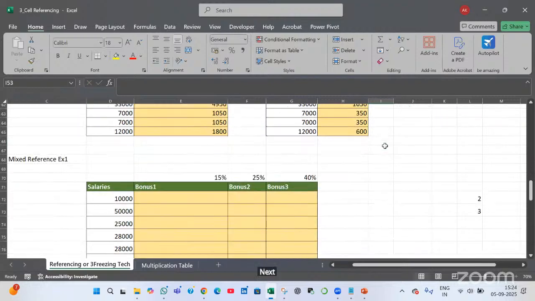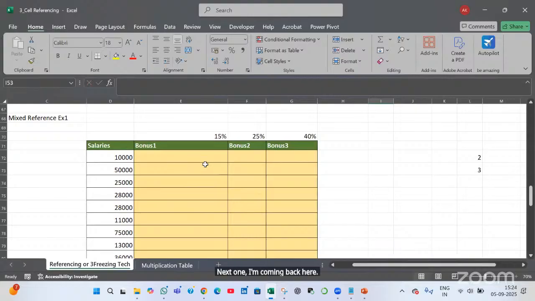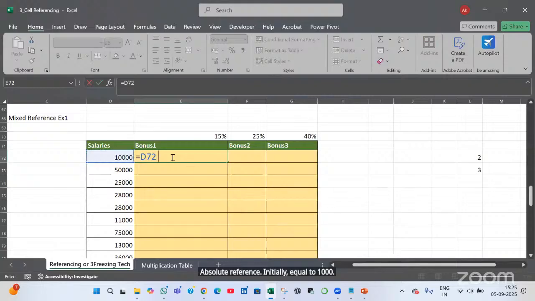Next one, I'm coming back here. I wanted to calculate the bonus amount for the same salaries, but this time they've given 15%, 25%, 40%. So I can do it with the help of absolute reference: initially equal to 1000, multiplied by referring the cell here, and then I will freeze it. Function key F4,